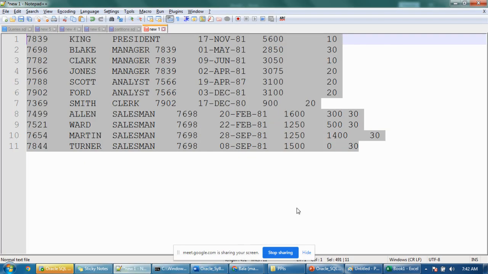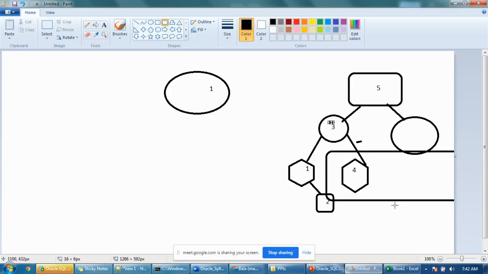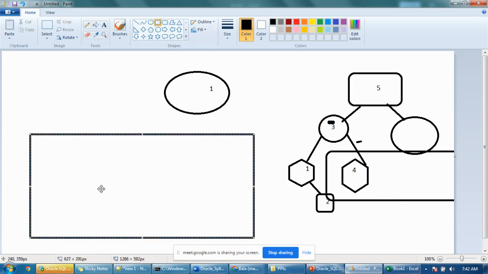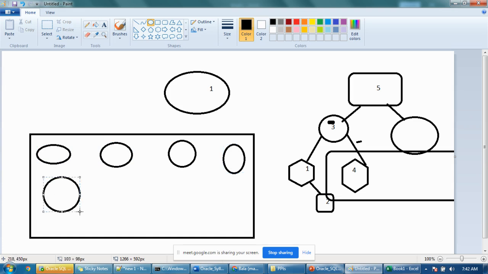Internally, the chain will be like this only. Physically in the database, how will it store my values? See, this is the database. Inside the database there will be data blocks, and inside the data blocks some data files will be there. Like that Oracle will store the data. Maybe the first record you store here, the second record here, the third record here. Like that data will be stored in different files,